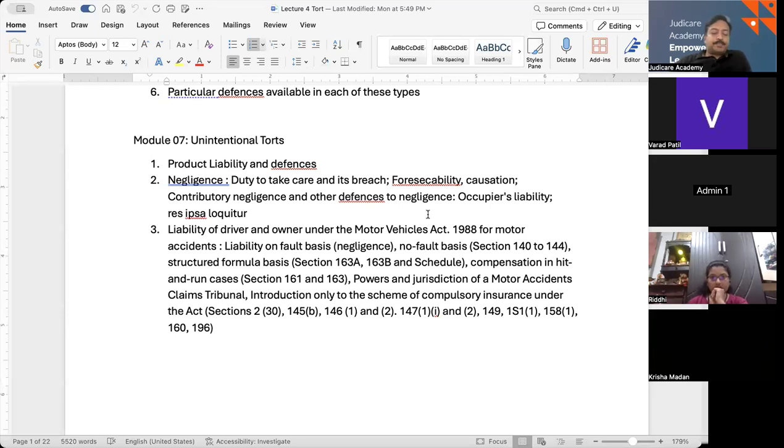Negligence is a tort that arises when an individual fails to exercise reasonable care. Somebody is failing to exercise reasonable care and is negligent about it, which results in harm to another person. The basis of a negligence claim is the duty to act in a manner that a reasonable, prudent person would under similar circumstances. We talked about the reasonable person on day one.